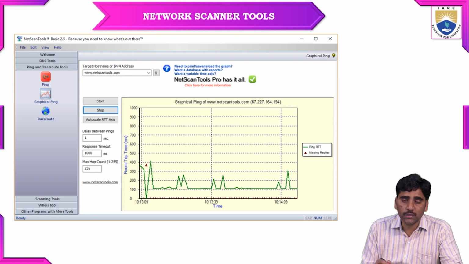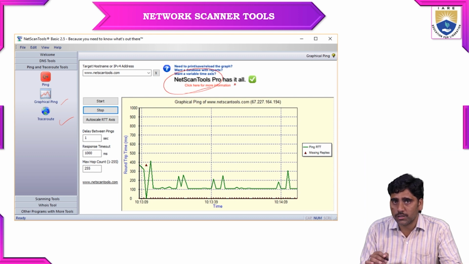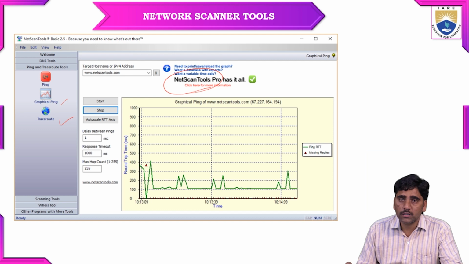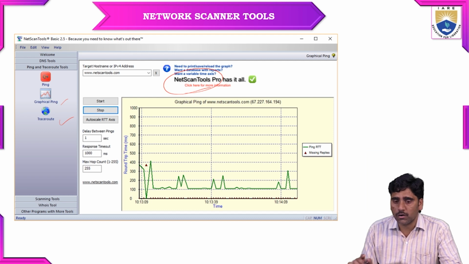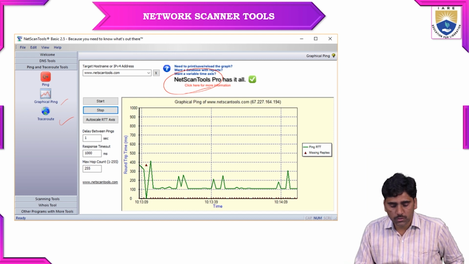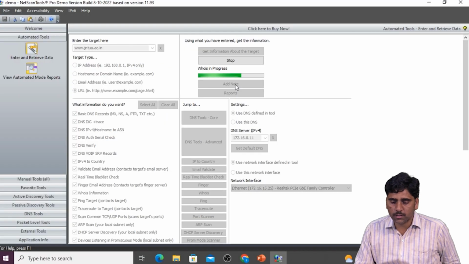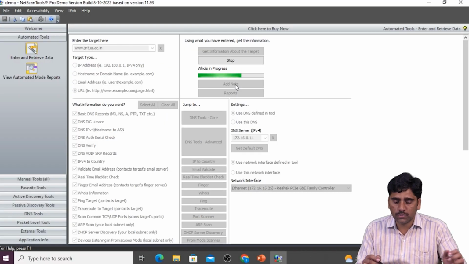With the help of this graphic ping, trace route, and scanning tools also, all the information about the target is going to be displayed on this single tool. So let us check once whether it comes or not. So still it is working on whois in